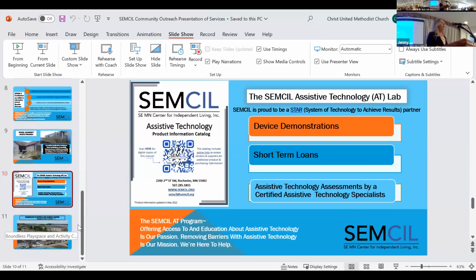And talk a little bit more about our assistive technology program. So we have an AT lab at SEMCIL. Anyone is free to call us up to come in and have a tour of that. So it's filled with different accessibility devices, everything from a pourer where you put a milk jug in and you can just flip it like this and it pours into your cup, versus if you were unable to grasp and lift up that handle. Cutting boards, all the way up to nutritional feeding devices that we have